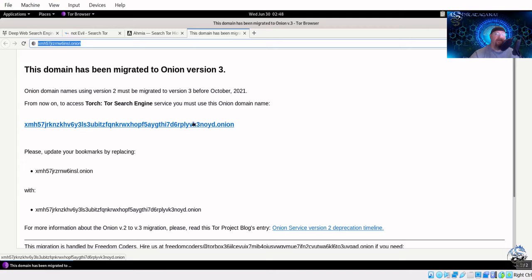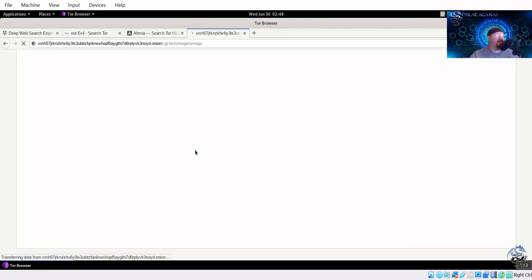So they have a new version, for those that want to know, called version 3, and they're pretty much defaulting to it. And if you don't have it, they typically won't work. These are a lot longer, and they provide supposedly more security and privacy, which is where you'll see Onion version 3. It's a longer address. So we'll click that and see if it actually brings up the Torch.